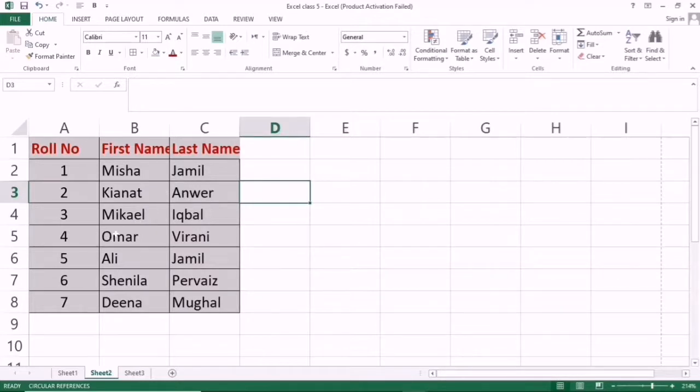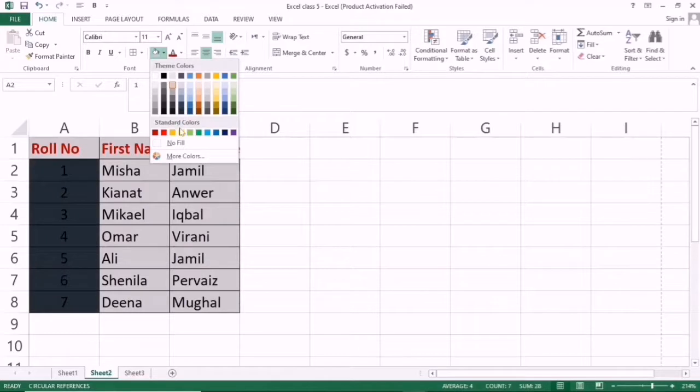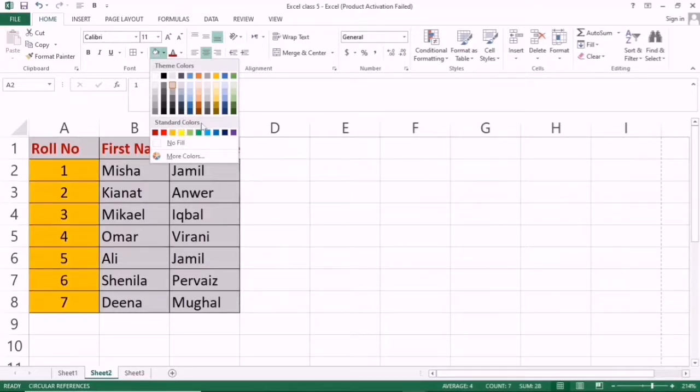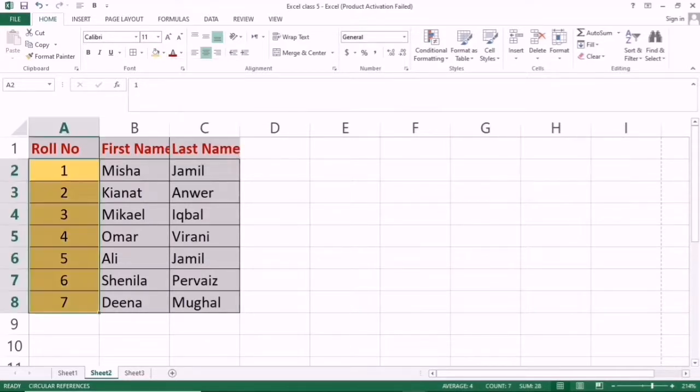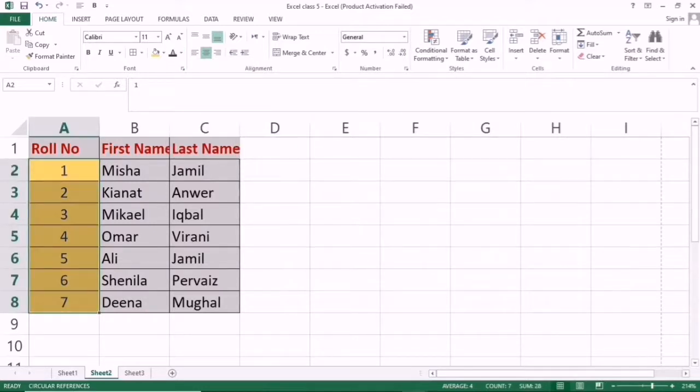If you want to change both text and background, you select this and click on any other color, and the background color changes. By clicking this, the text color will be changed. For example, if I select blue, this becomes blue. In this way you can select color and enter data. Whenever I press here, you can see the content appear in the formula bar and its name appear in the name box.